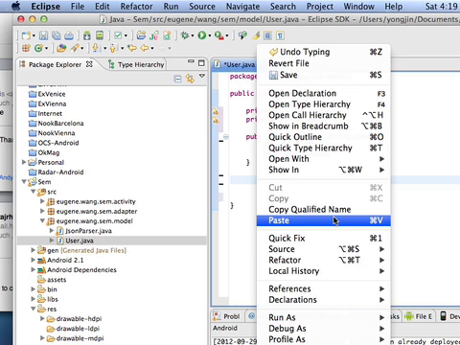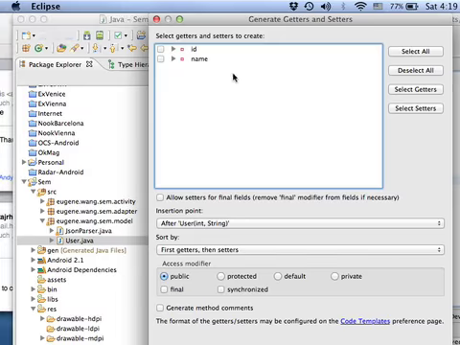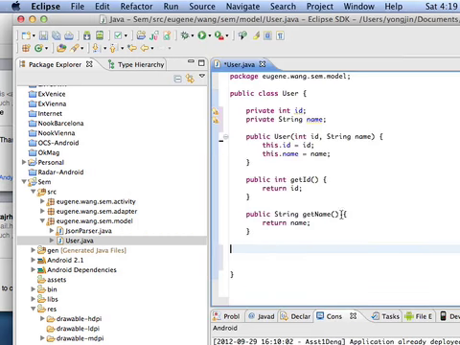So source, generate getters and setters. If you just want getters, in this case I don't really need setters, so I just click generate getters, and then you can see that getId returns id, and getName returns name. So everybody got that? This is the most basic and generic form of a class that represents information,